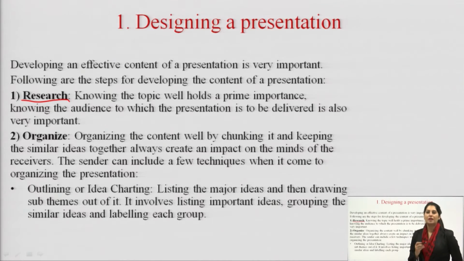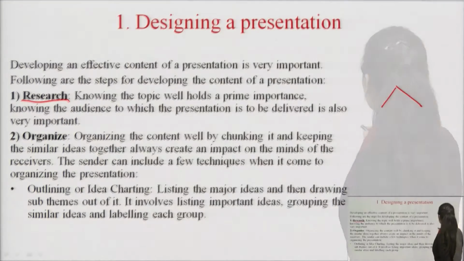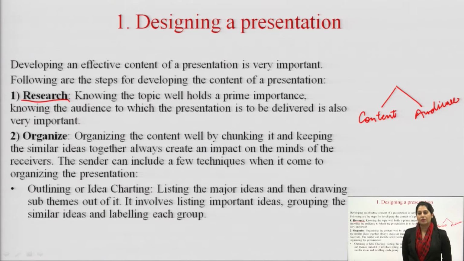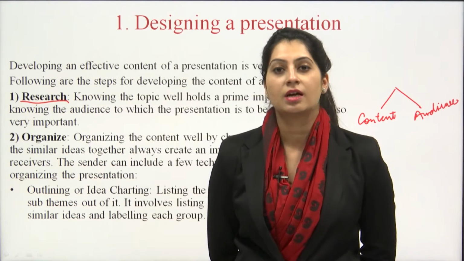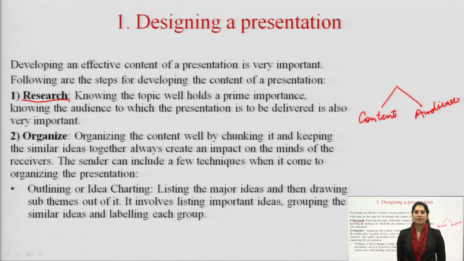Now students, while we are researching, we need to take care of two things. Number one, we should research about the content that we are going to present in the presentation, and second, we need to research about the audience who are going to be there while we are presenting our content. Content has to be well researched. Whenever we are presenting some kind of content, thorough facts and figures about that content have to be presented. You need to take care of 7 C's of communication while you are researching, especially when it comes to concreteness. Your content is required to be concrete. The facts and figures specifically are required to be correct.